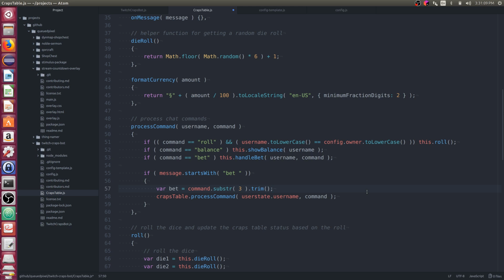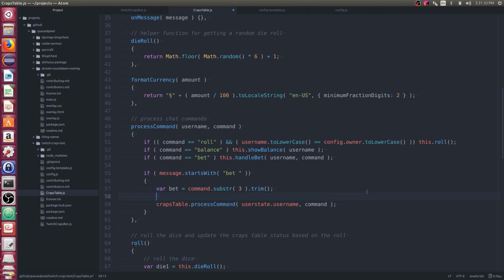Then the trim will get rid of that space. And then instead of saying process command, we'll say this.handleBet, username, comma, bet.